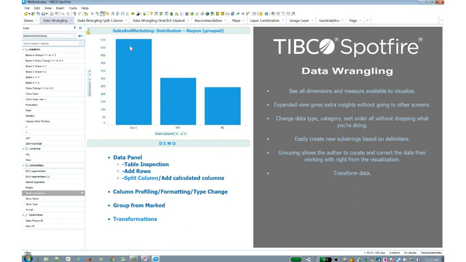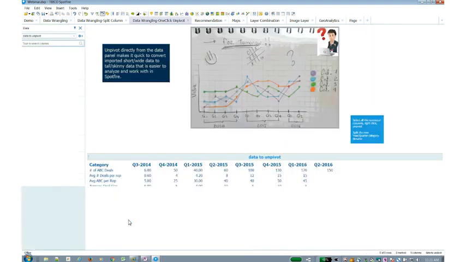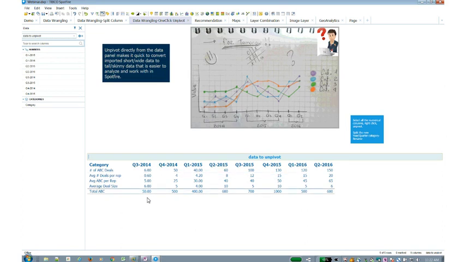Now, these are very simple things that you can do within Spotfire. The other thing that you can do as well is actually transform the data, meaning that if you would like to pivot or unpivot, or for those folks that aren't familiar with those terms, if you want to make a wide data set into a tall and skinny data set because a particular analysis lends itself better to that format. Here's a quick example where I have a wide data set.